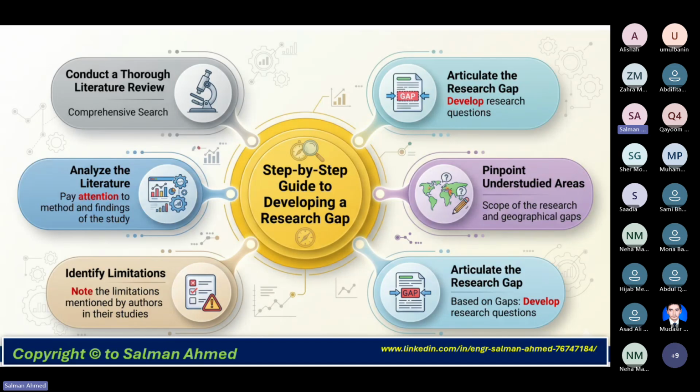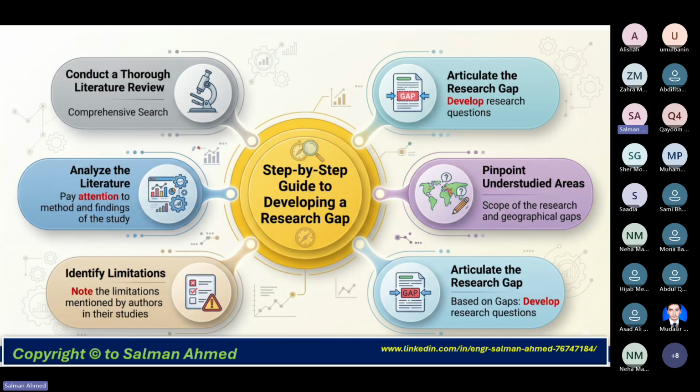Then analyze the literature. Pay attention to the methods and findings of the studies. Then obviously you will go for the limitations of that work: what are the parameters that this paper could not cover, or if it is covered, but not well covered.